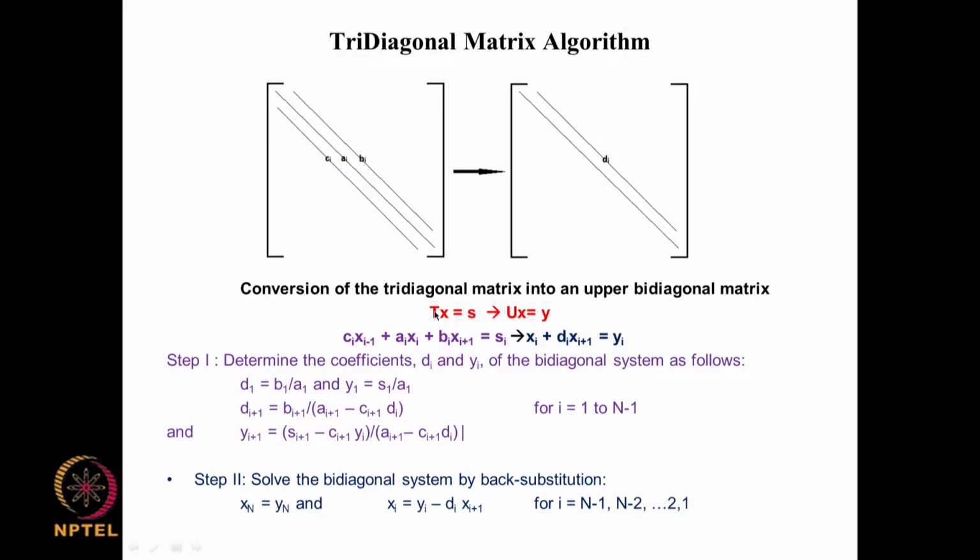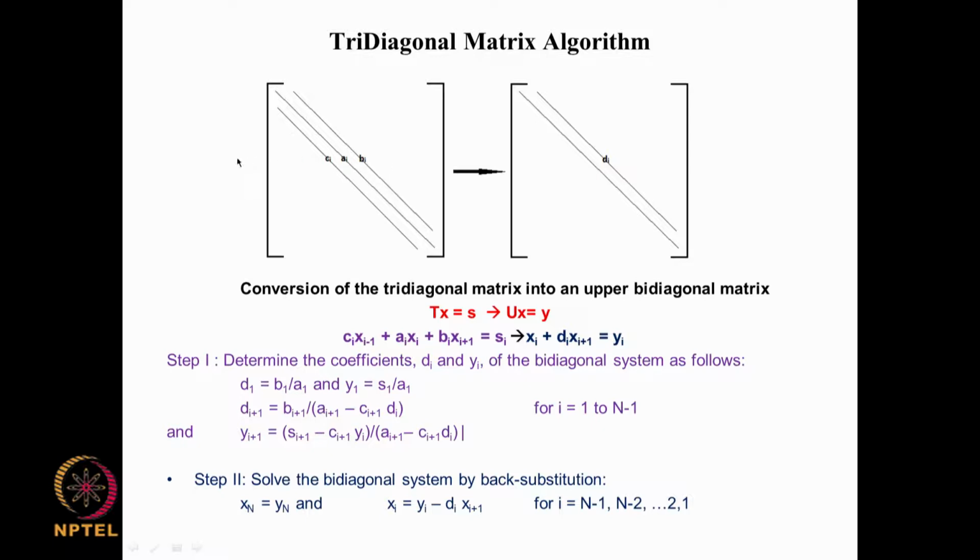In the earlier lecture on the board, we tried to derive the Thomas algorithm for a tridiagonal matrix. It is also known as TDMA, the tridiagonal matrix algorithm. The idea is that we have a system Tx equal to S, where matrix T is the coefficient matrix, and this is a tridiagonal structure. Along the main diagonal you have coefficients Ai, on the superdiagonal you have Bi, and on the subdiagonal below this you have Ci, and all the other coefficients are 0.